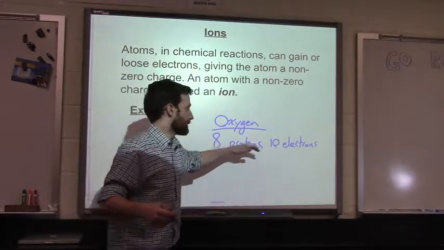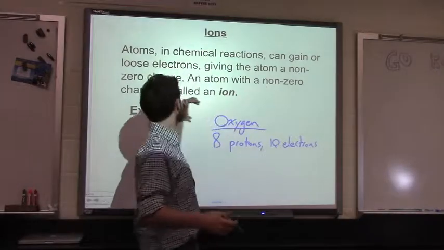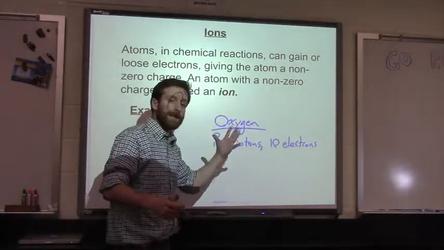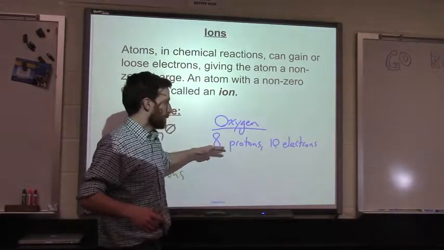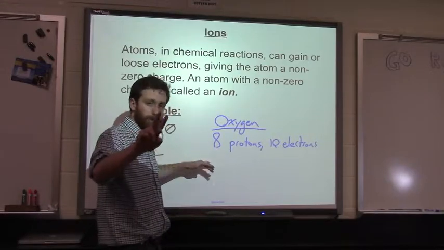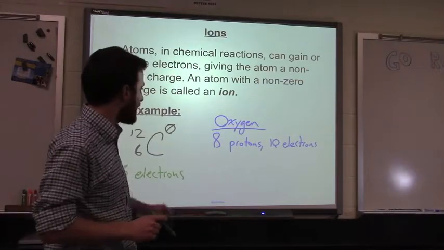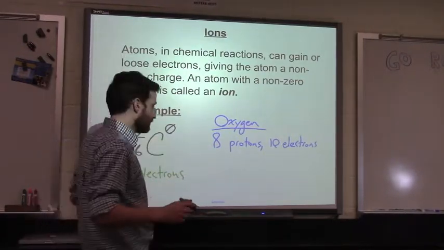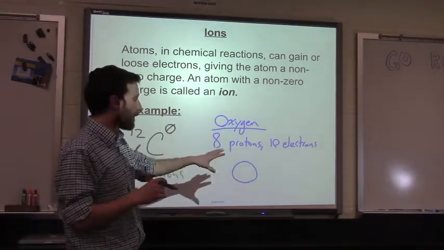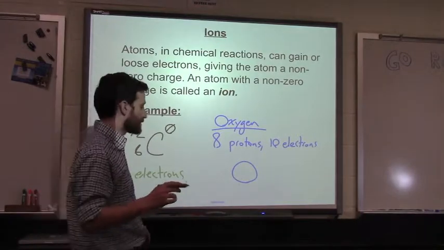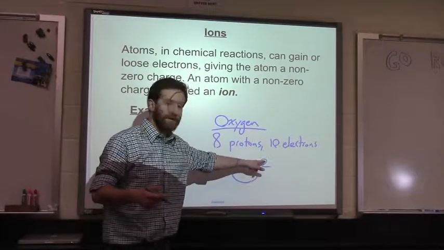we know the protons and the electrons aren't equal anymore, and so it's going to have a non-zero charge and be an ion. What is that charge, you might ask? Well, 8 of my electrons are canceled out with 8 of my protons, and then I have a leftover 2 electrons to give me a net charge of -2. So how would I write this? Well, I would write O, that's an O, not a 0, standing for oxygen. And I would say that oxygen has a net charge of -2. Keep in mind, we write the charge up in the top right.